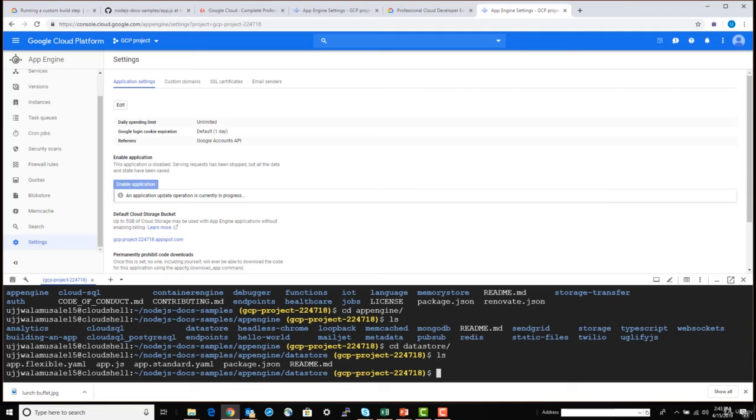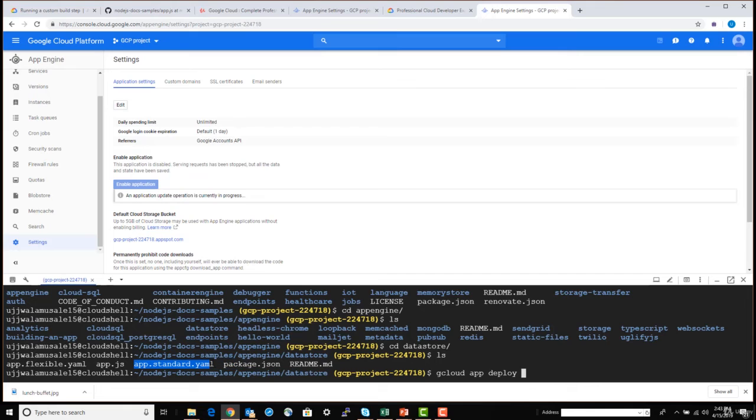What I'm going to do is use the gcloud app deploy command, because my app is already there. I don't have to create it. I just enabled it. I'm going to use one of the two environments. One is the standard environment, where you do not have a container running. It is just the application which gets deployed into the standard environment or sandbox. In the flexible environment, you can have a container created and built, and that gets deployed.